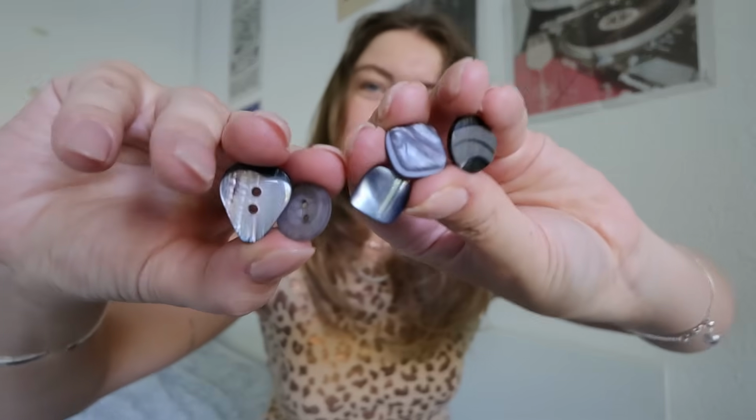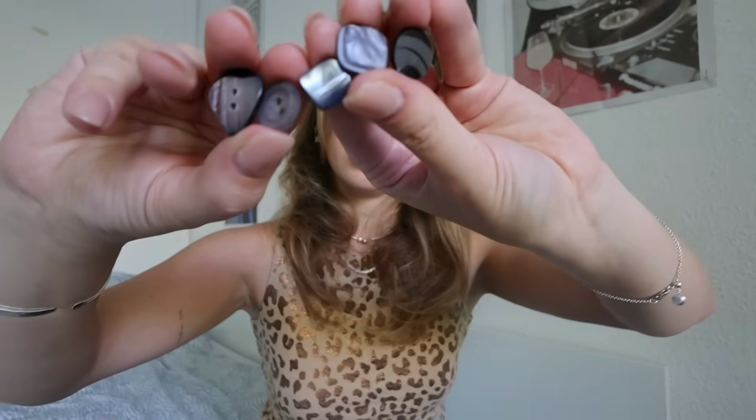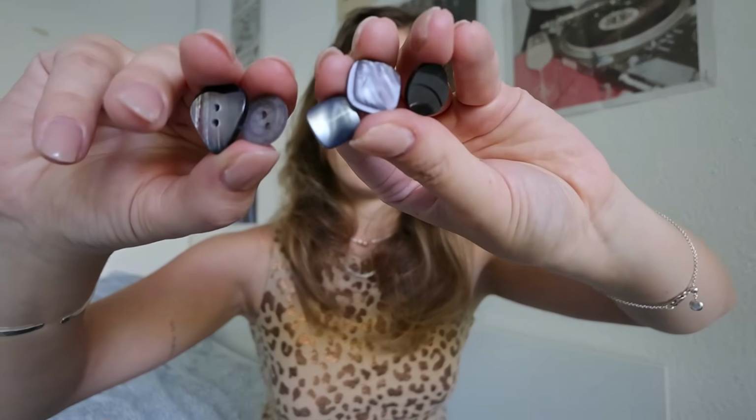They're grey basically, but sort of jewel, oyster, pearl. They remind me of the inside of a mussel, that sort of colour scheme. I think these would look so good with a neutral coloured knit, like a black or a grey or a cream. I'm not sure if I want to use them as functional buttons or just as accessories, maybe along